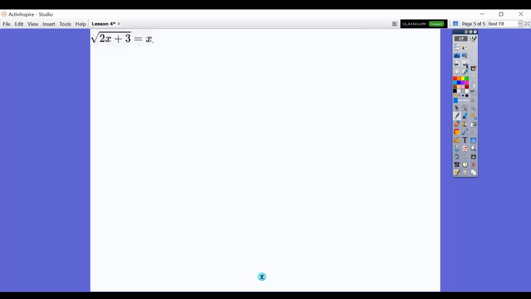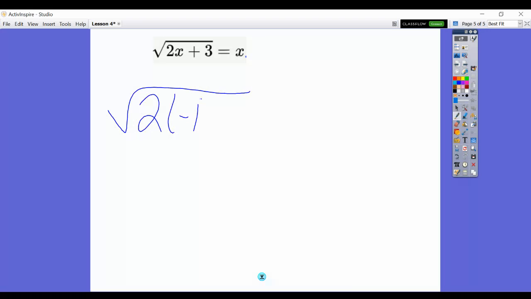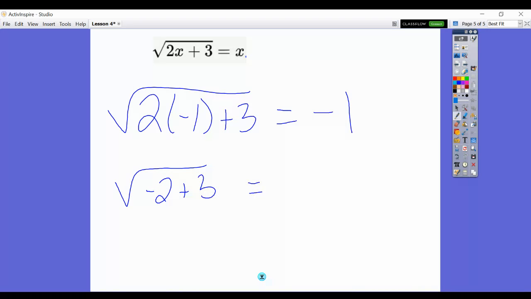And the second one I want to check is what happens when I put in a -1. So I'm going to put the square root of 2 times -1 plus 3 is equal to -1. I already can tell this isn't going to work because taking the square root does not give me a negative answer, but hey, let's do it anyway. -2 plus 3 is equal to -1. This would give me a +1, and this would give me a